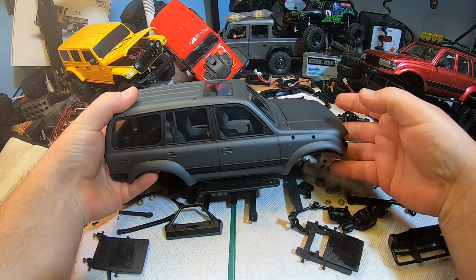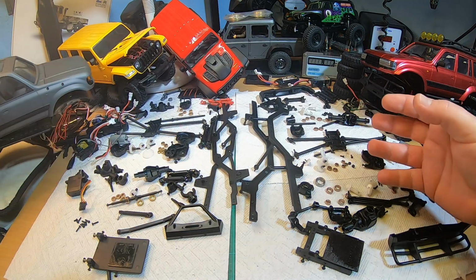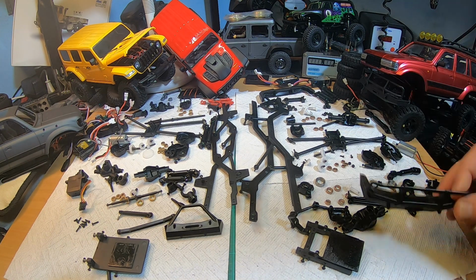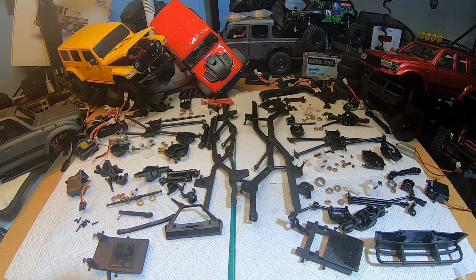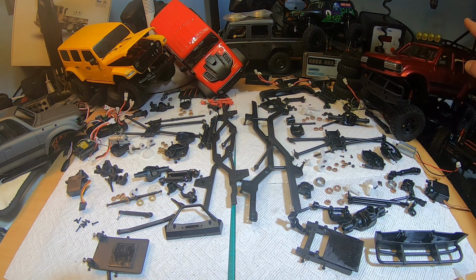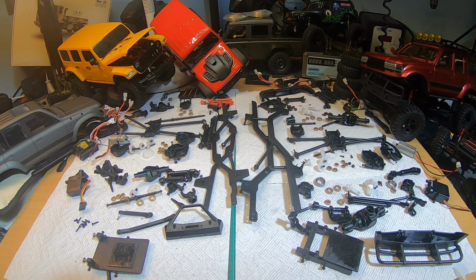Those two awesome trucks do have exactly the same hard body, the same interior, exactly the same bumpers, same beadlock wheels, but they do come with different chassis and different electronics, and they vary a lot in price. The Katana is about 50% more expensive than the Patrion, and I thought I will take a deeper look inside